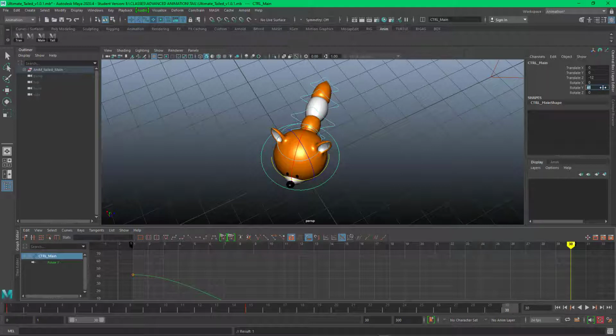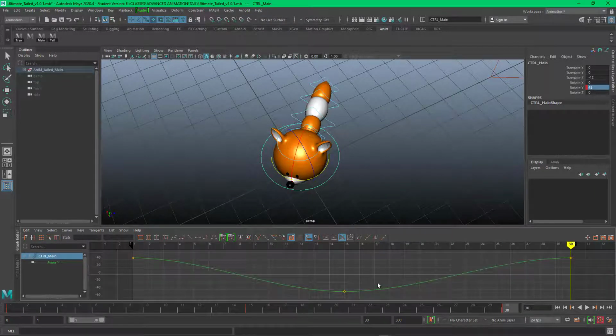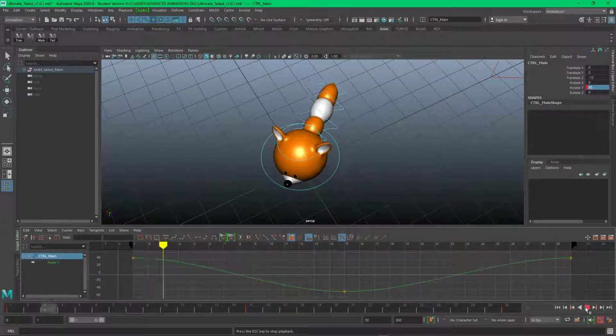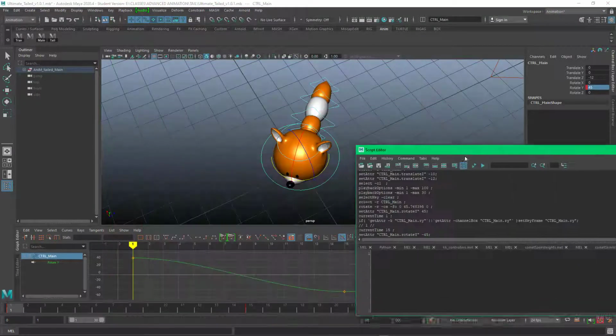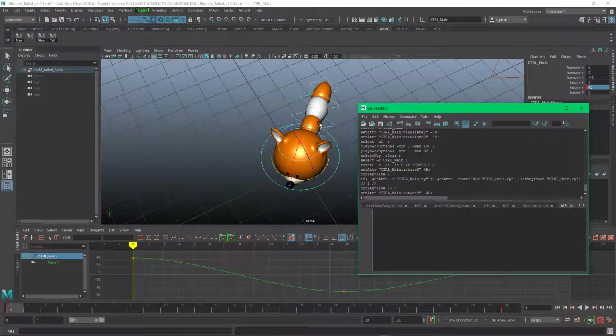This is a 30 frame animation, so when I play it, I'll just play 1 through 29. So it'll just keep cycling. So that's playing it in real time. The rest is sped up. So here I've opened up the script editor and I wanted to be able to just